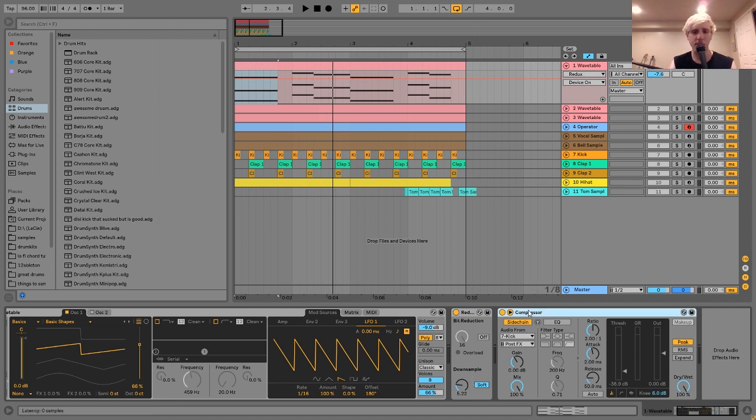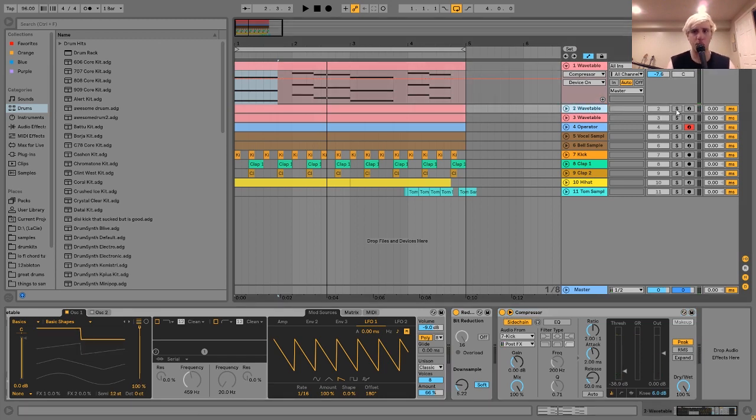And then I just have this compressor on here, which is sidechaining it to the kick and just giving it that kind of pulsing effect. Pretty simple. Now, as far as the next layer goes, it's this chord synth,